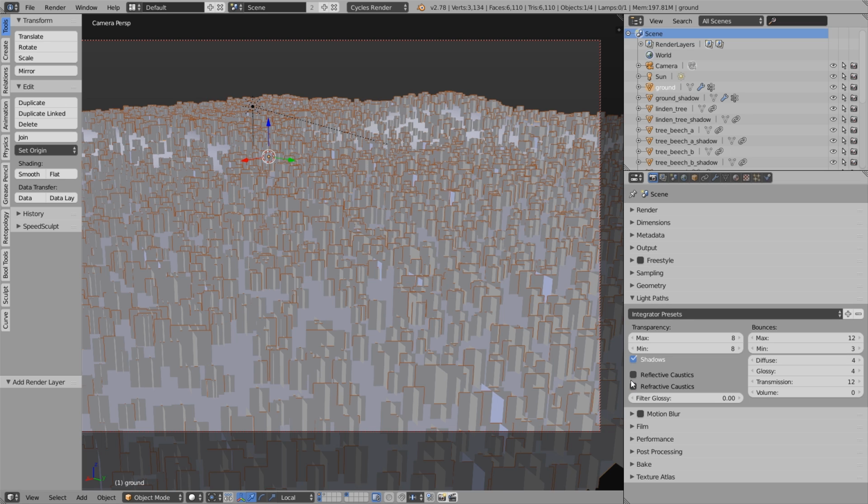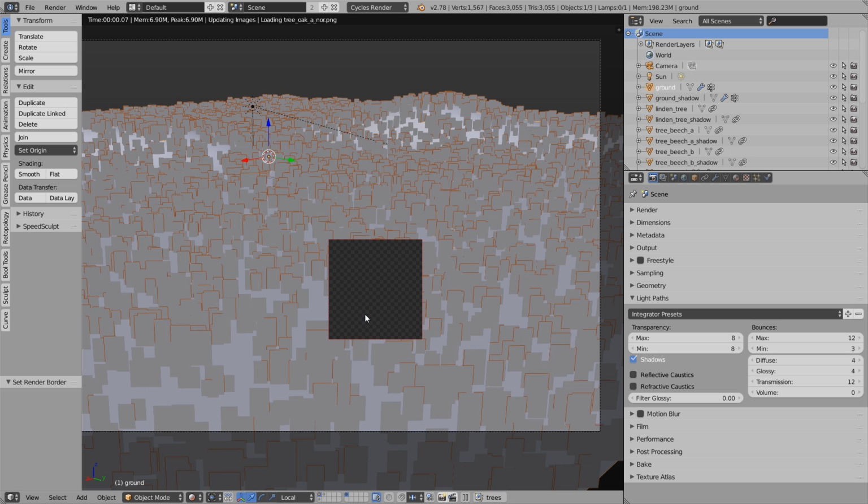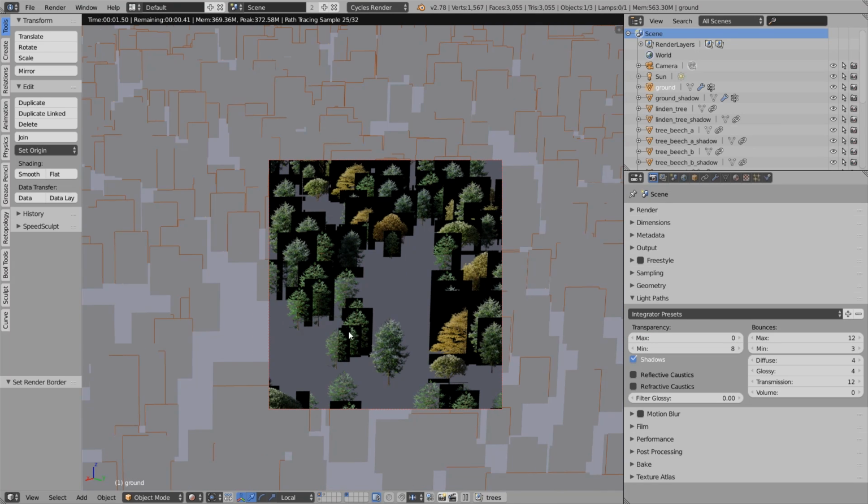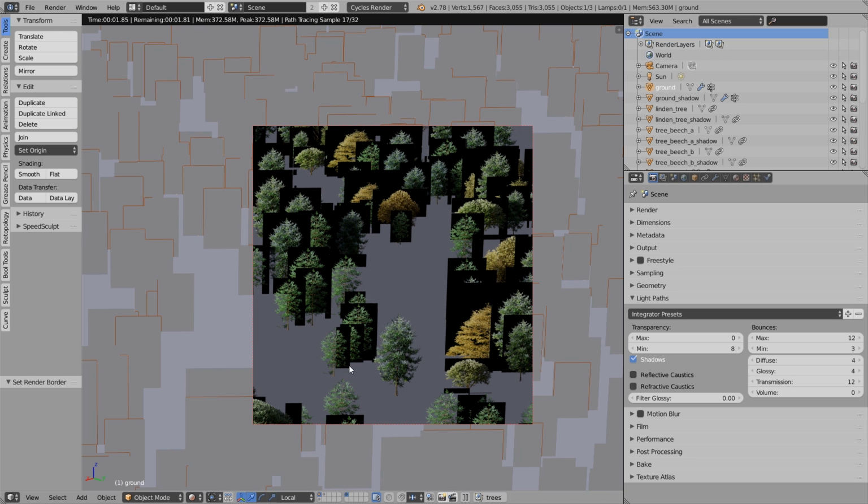We don't need that. And the one important thing we have to change is the maximum transparency value. So let's render a small part here without the shadows enabled. And now let's decrease this value. And as you can see, if I put this to 0, then the light rays just pass through one layer of transparency, and everything behind this, if there's another layer with transparency, that means another tree, then this will only